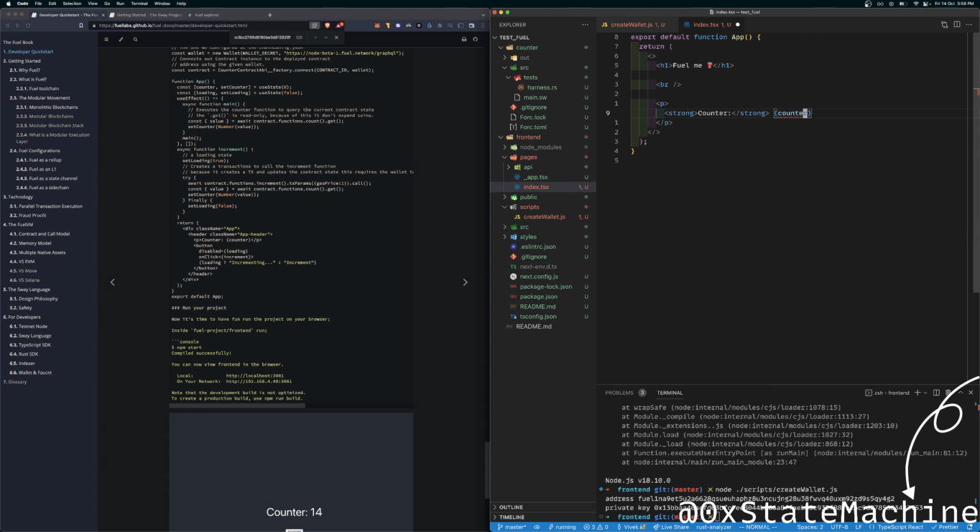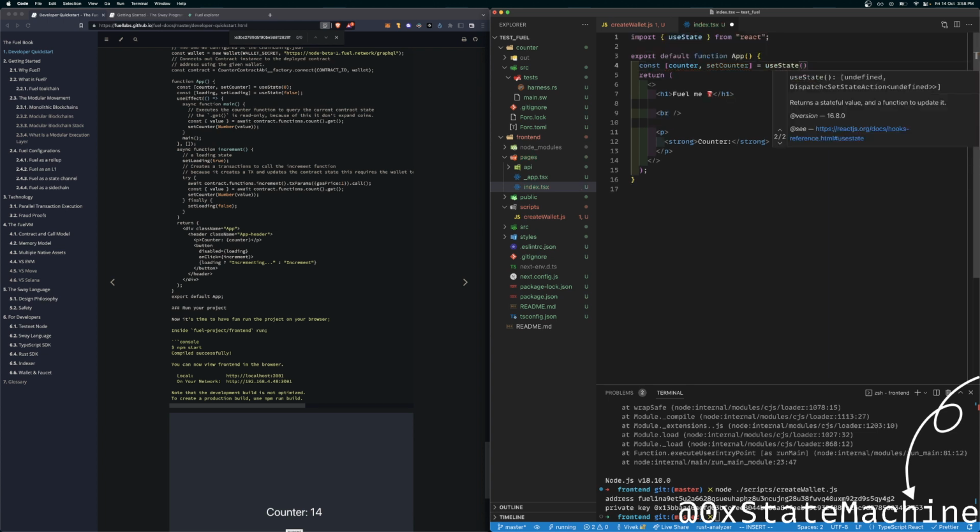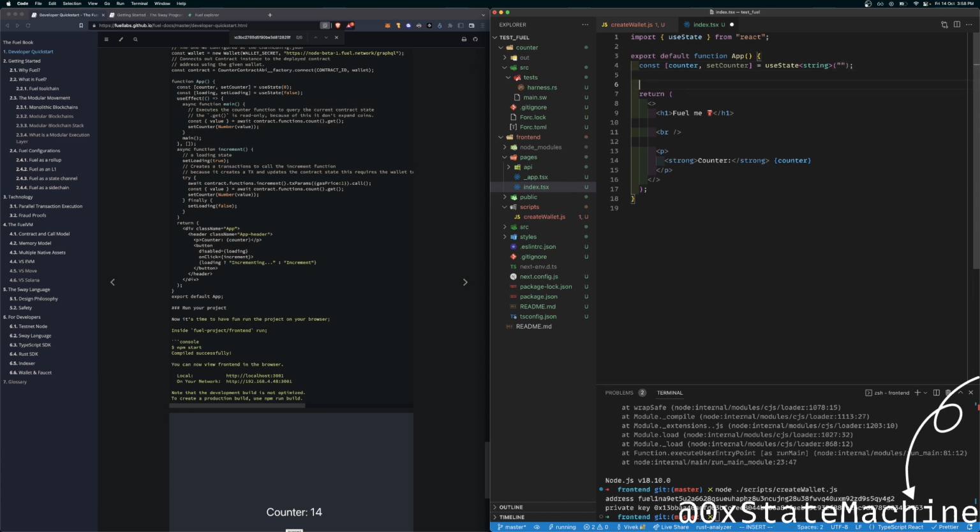To counter, and now we're gonna create a state here. For now, let's say it's a string. And we're gonna have useEffect to fetch it.